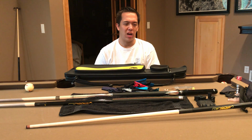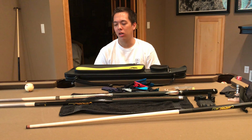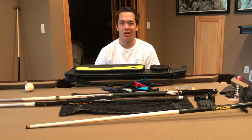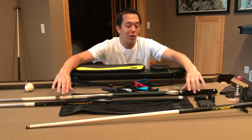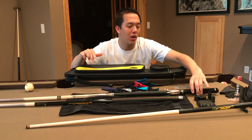Maybe I'll get the Revo shaft eventually, someday. I always want to try the Revo shaft. That'd be kind of cool, but it's so expensive, and it's one of those things where I feel like I have to earn it. It's like a $500 carbon fiber shaft. I feel like I have to be even better than I am now to really deserve that shaft. But it looked pretty cool on my playing cue here. You got the black, the tan, black, tan, and that'd be kind of neat. But